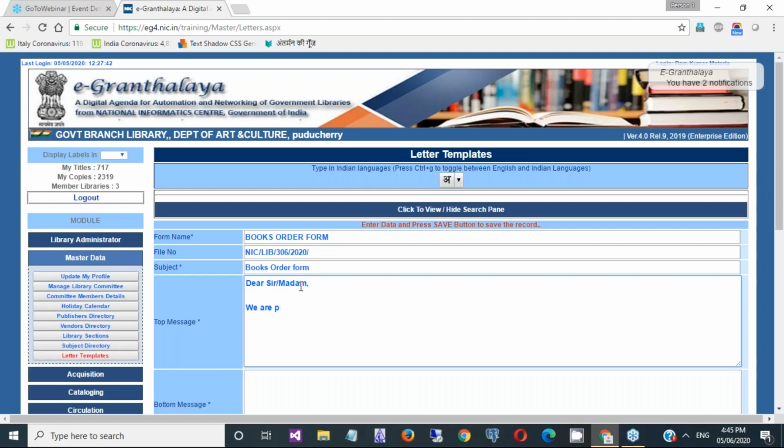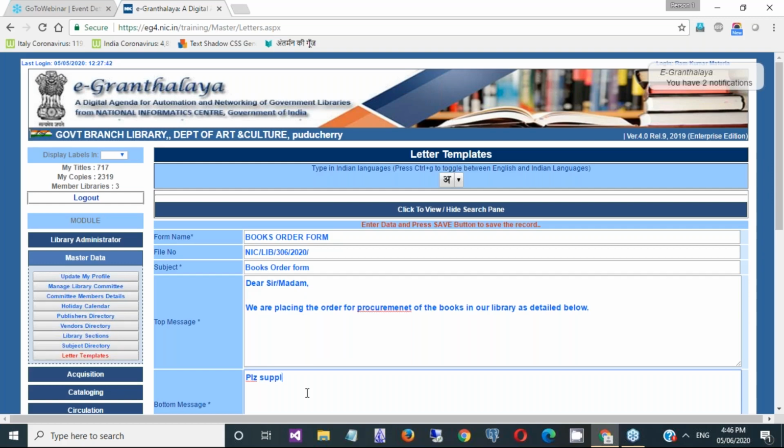We are placing the orders for procurement of the books in our library, for example, as detailed below. This is the top message, and then the bottom message.